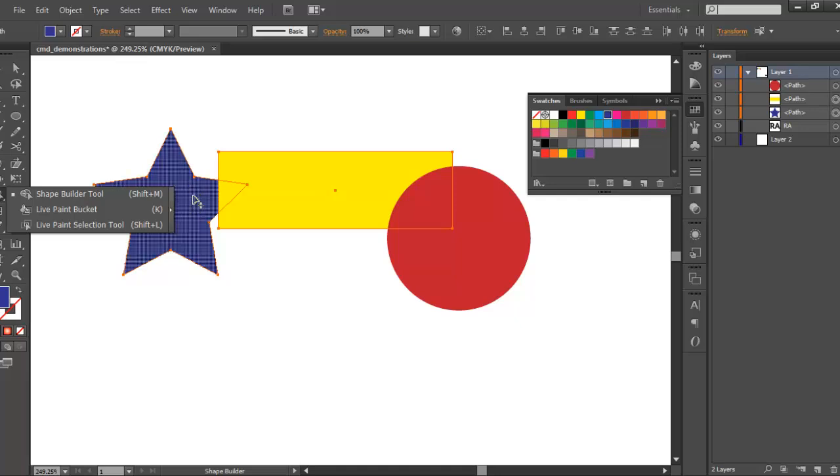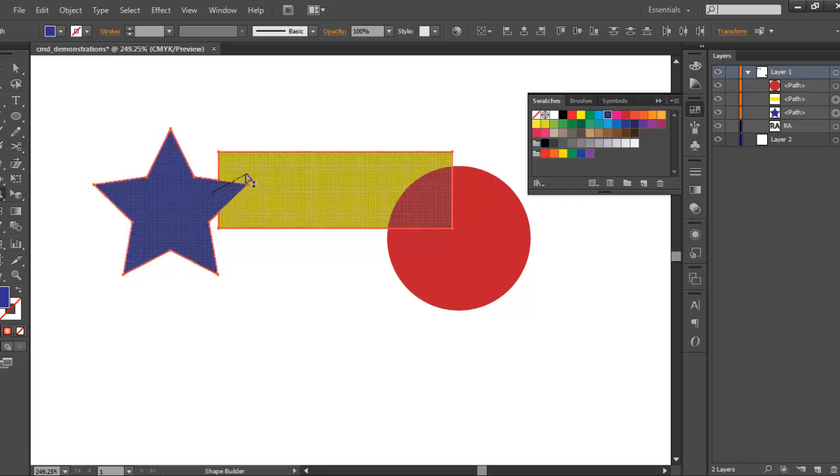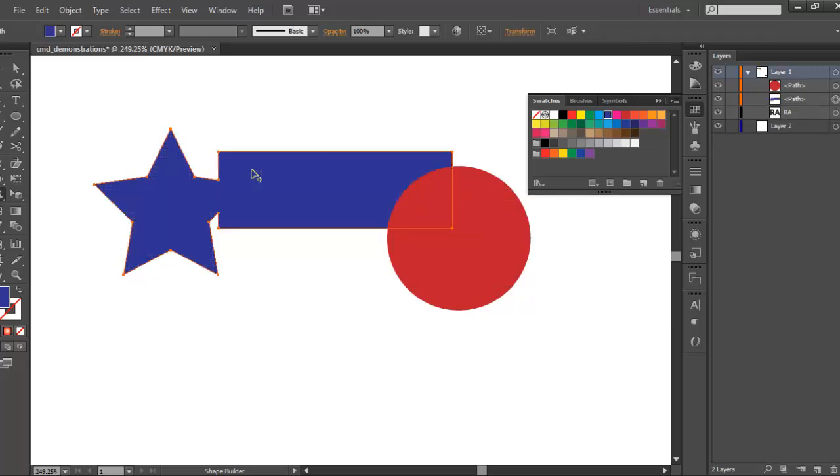Now with those two selected, as I start from my star, you'll see the blue with the white grid come over it. I'll click and hold down my mouse, move to the right, and select both of those. Now you can see the star is overlapped with the yellow rectangle. I'll continue that process by going again a second time into the area with the rectangle,